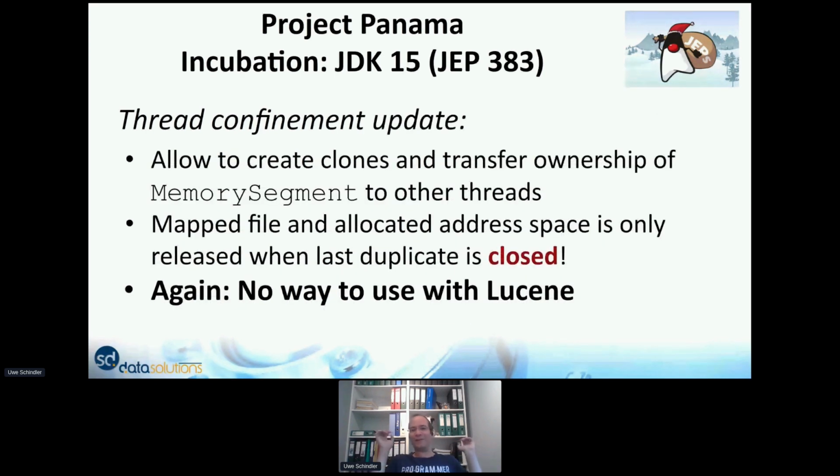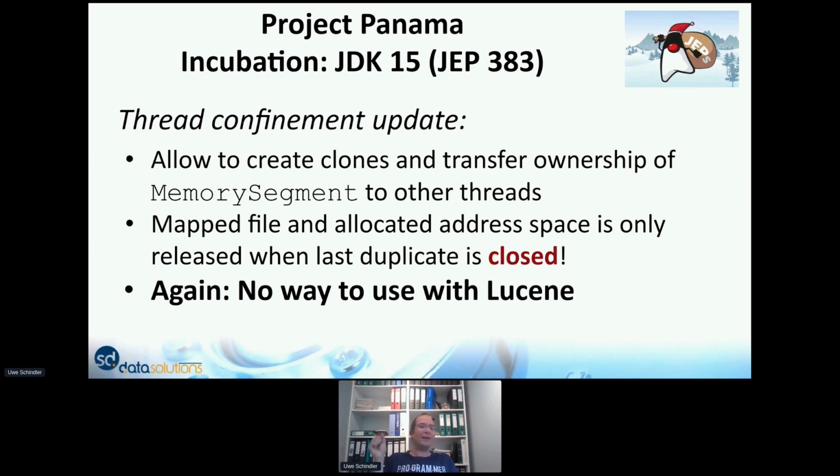In JDK 15, that was half a year later, there was now the possibility to transfer the ownership of those memory segments to other threads. And the possibility was also added to close the memory mapping.